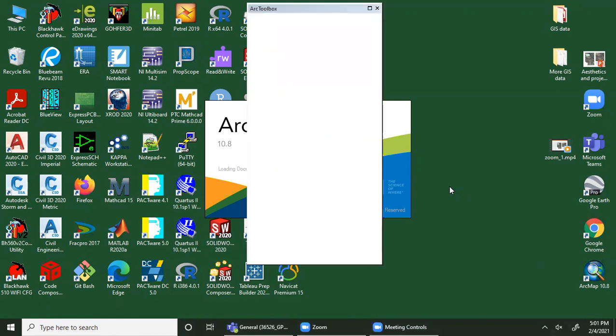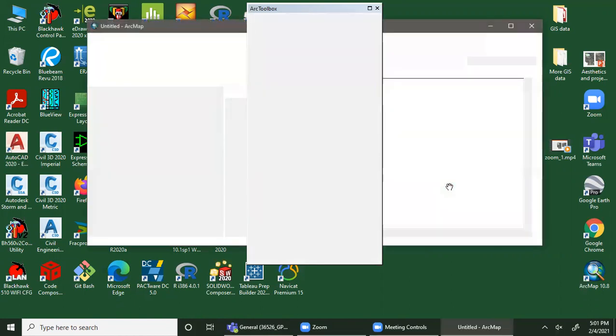I need to go and just organize it. Yeah. I don't know what I